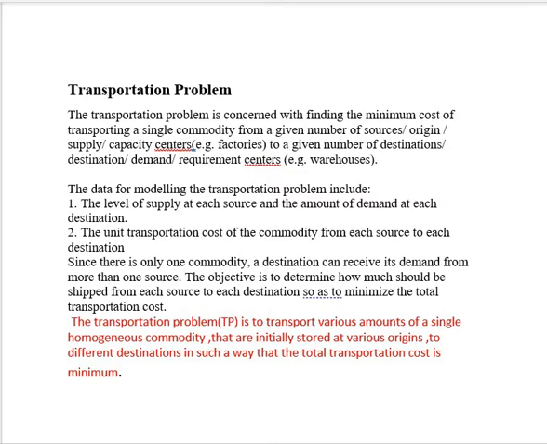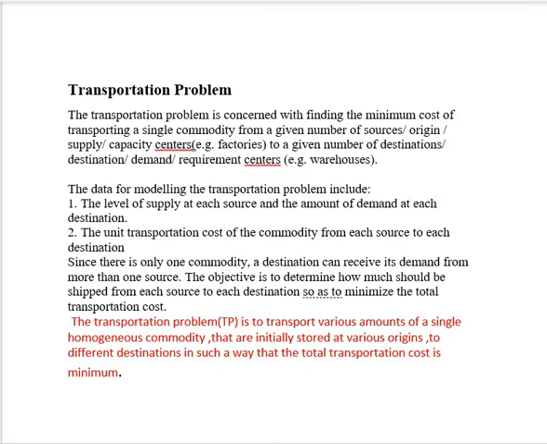The data for modeling the transportation problem include the level of supply at each source, the amount of demand at each destination, and the unit transportation cost of the commodity from each source to each destination. Since there is only one commodity, a destination can receive its demand from more than one source. The objective is to determine how much should be shipped from each source to each destination so as to minimize